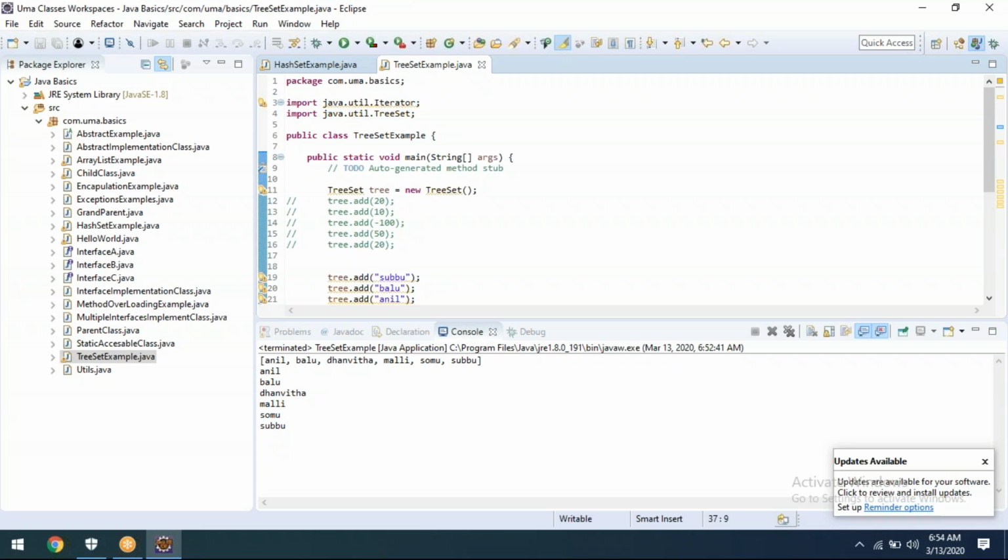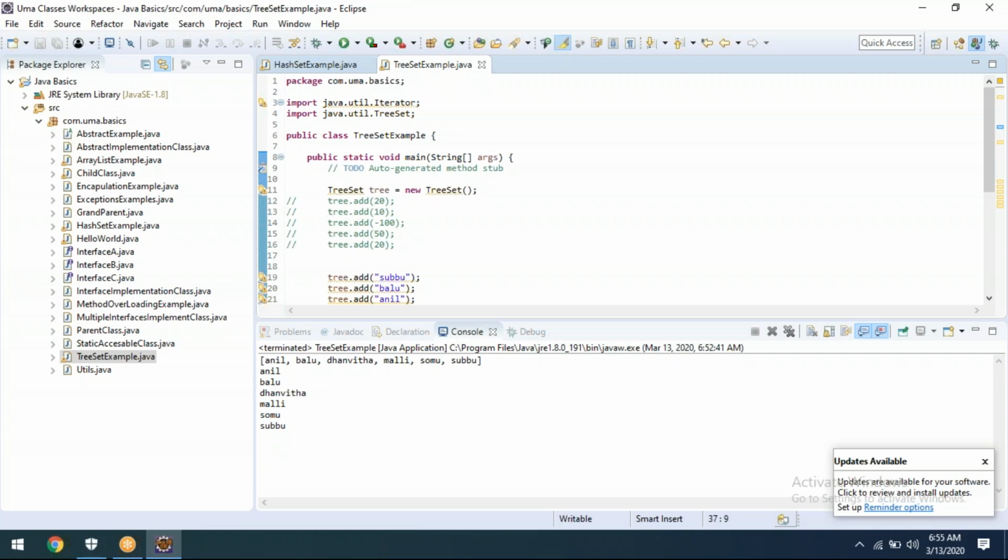For example, whenever you are typing some tree set, array list, or hash set, the E symbol is coming. What do you mean by E symbol? That E symbol is nothing but generics.